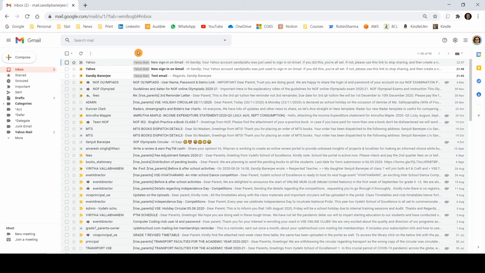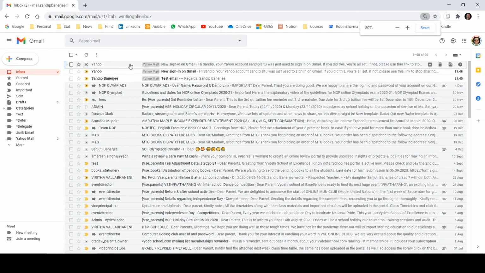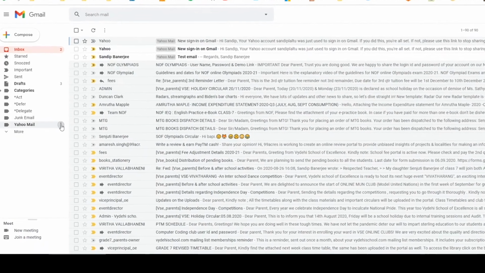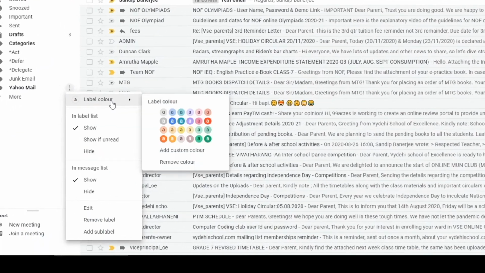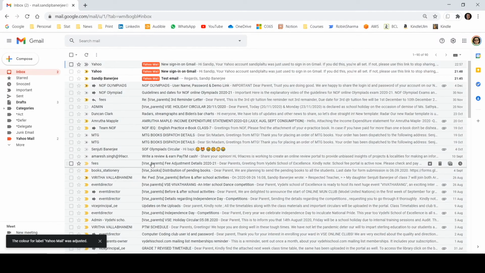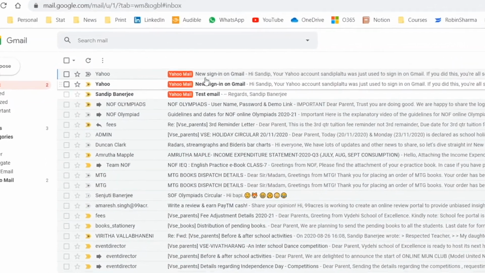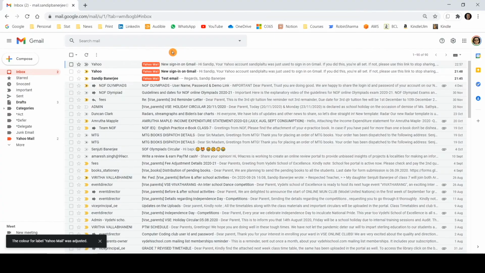Now another option I wanted to show you here. Let me zoom in a bit. If you click on these 3 dots and go to Label color and choose a different color here, you will also be able to see those emails properly. And this will make it very easy to understand from which source an email came. So in case you have multiple email accounts, maybe Gmail, non-Gmail, whatever it is, you can configure them in this way. And after you customize those views, labels, and label colors, you will be able to understand the source of the email also, and you will be able to check all those emails using a single login.